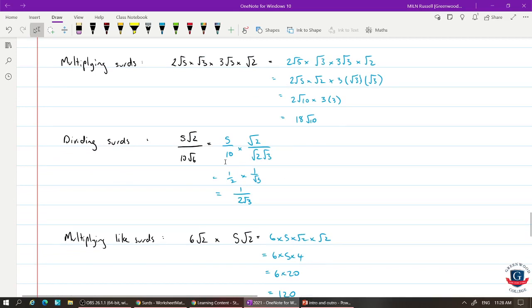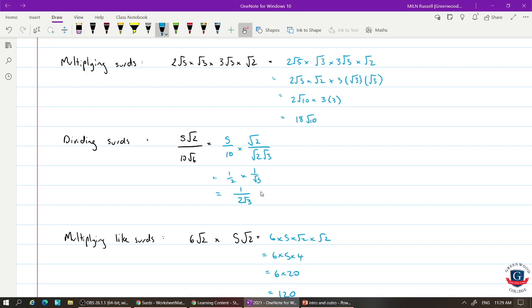Dividing surds, you can split this one quite easily because it's only multiplying and dividing. So I split it to 5 on 10 and root 2 on root 6, and then changed root 6 into root 2 root 3. The root 2's will cancel. 5 on 10 will become a half. We'll be left with the root 3, so I'll have 1 times 1 is 1 on